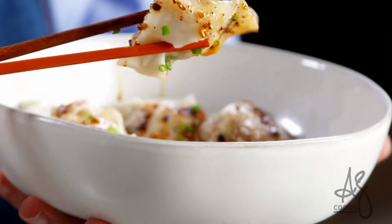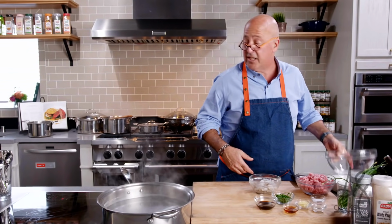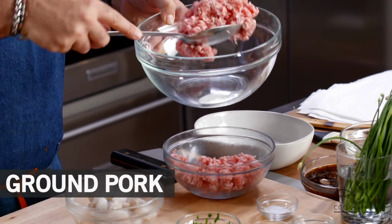Szechuan wontons in chili oil, one of my favorite foods in the whole world, I'm not gonna lie to you. So simple, so easy, so delicious. You can make this in 15 minutes. First thing that we're going to do is make our filling, which is equal parts of pork and